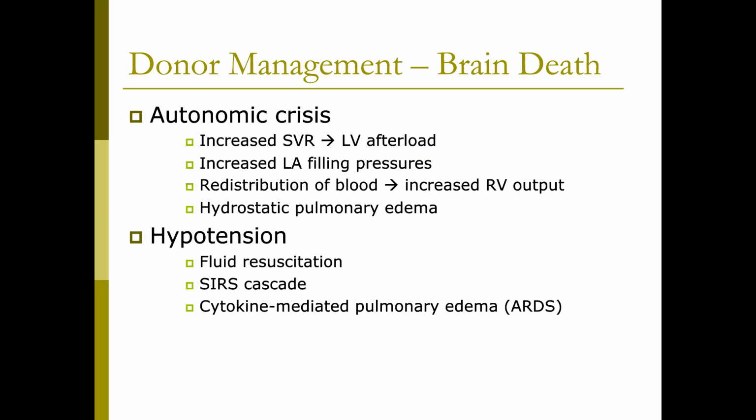A couple of words about brain death and how that impacts lung recovery. There's a lot of hemodynamic stuff here. I'm not going to get into a lot of details of that. There's autonomic crisis. There's a lot of humoral dysregulation happening in these patients. Many of them will develop typical CHF, hydrostatic pulmonary edema. They will have some degree of a surge cascade, and many of them will have an ARDS type of illness. So many critically ill patients that become brain dead, that become organ donors, will not be suitable for lung donation